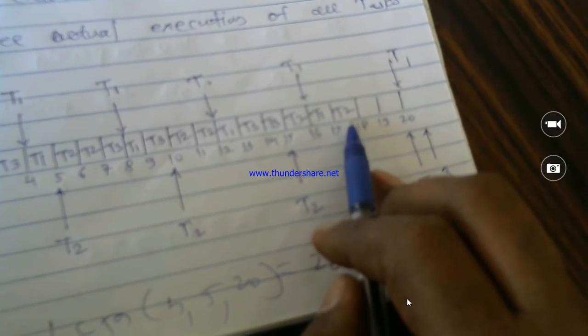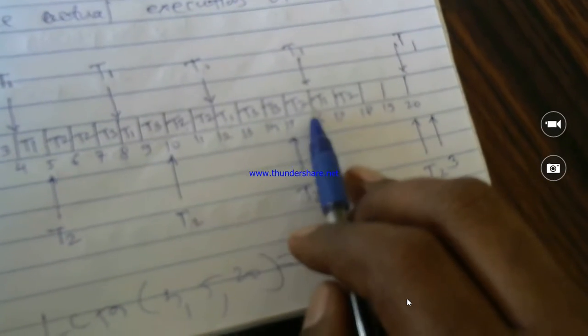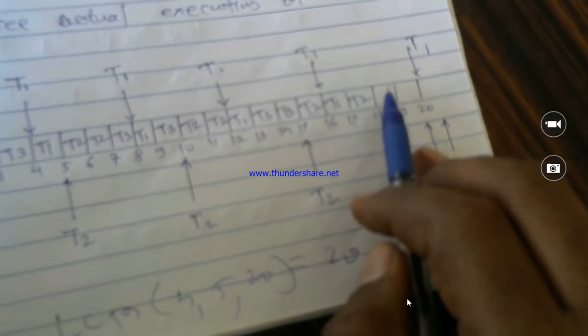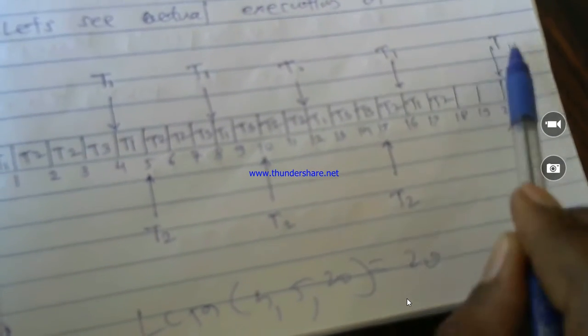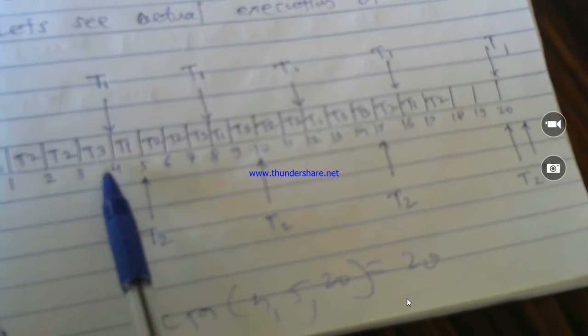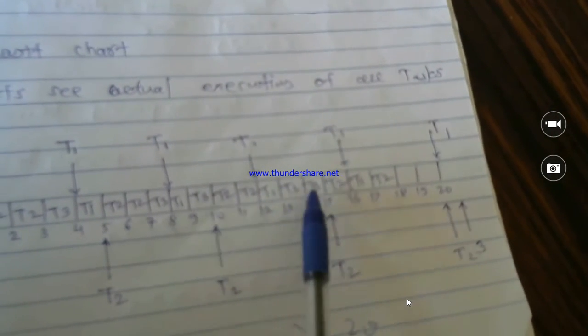Now one T2 is remaining. So I have written T2 over here. As in between 15 to 20, I have completed 2 times T2 and T1 once, then I have completed the whole thing over here. I cannot write T1 and T2 over here. Can I write T3? T3 has a fixed time interval between 0 to 20. In between that, I have completed execution of T3 of 5 units, which is mentioned over here. 1, 2, 3, 4, 5.